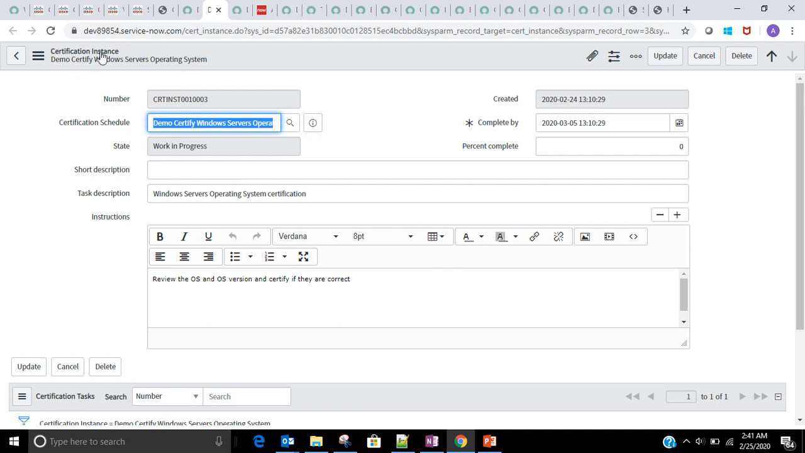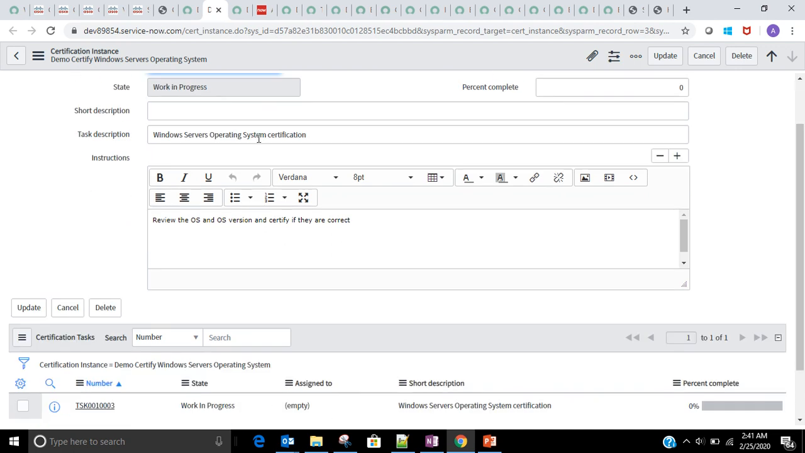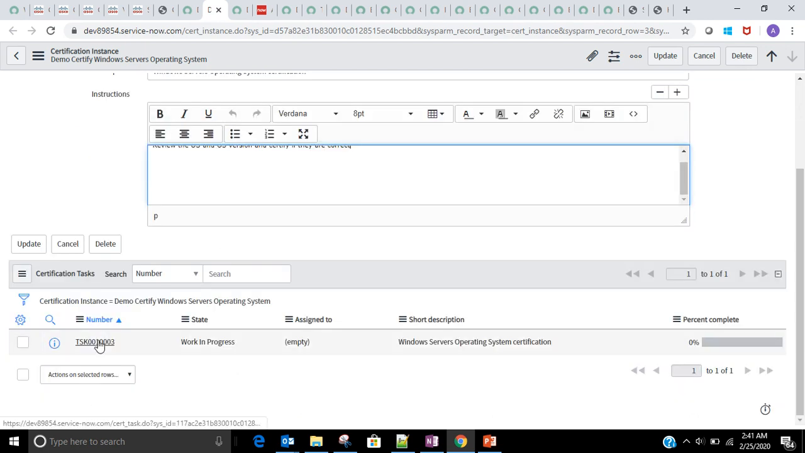So now here you can see the certification instance. It has a number, a percentage complete, and so on. The status is initially work in progress. It gives you the instructions as well. And here you have the tasks for the certification instance. So if you open that,